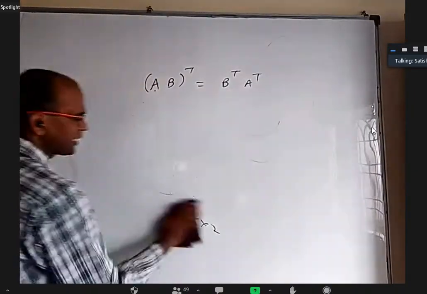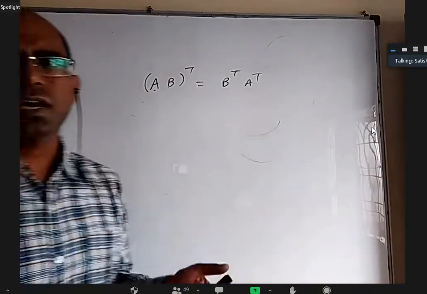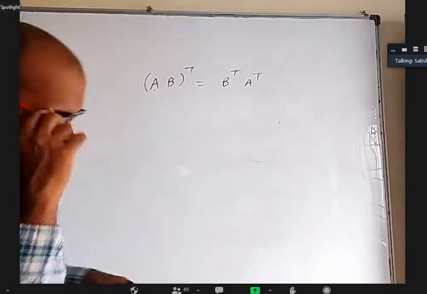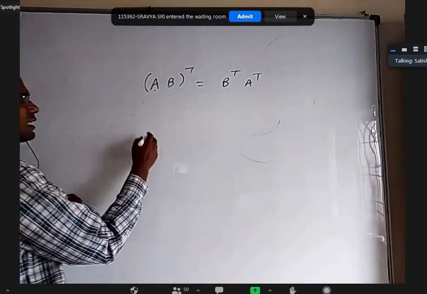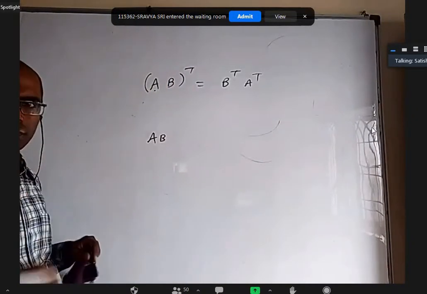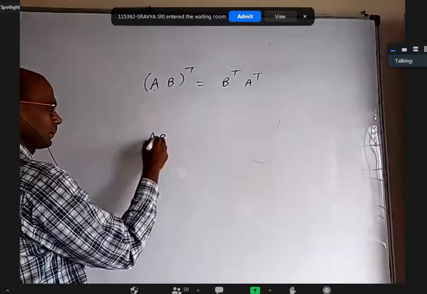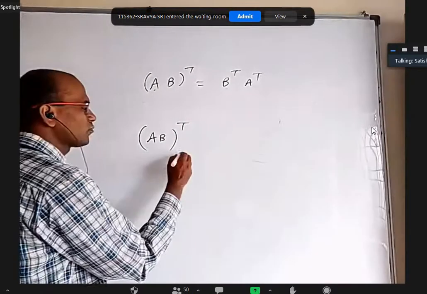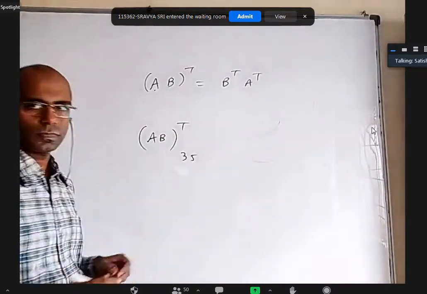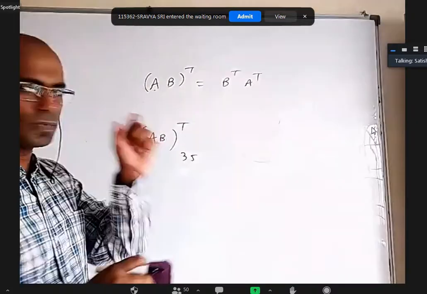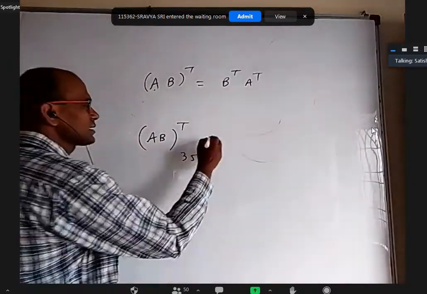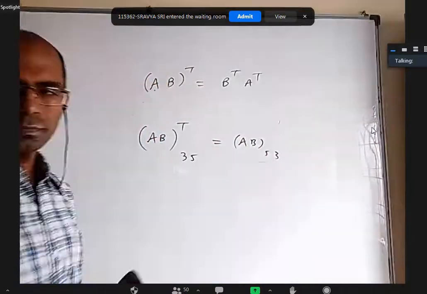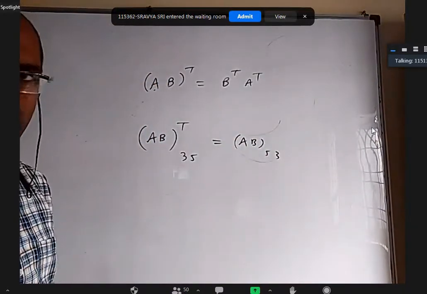Now I'll give you some idea about how it is correct, not just the order. Just because two matrices have the same order, I cannot say they are the same matrix. Let's say in AB whole transpose, I want the third row, fifth column element. Can I say it is equal to the fifth row, third column element in matrix AB?